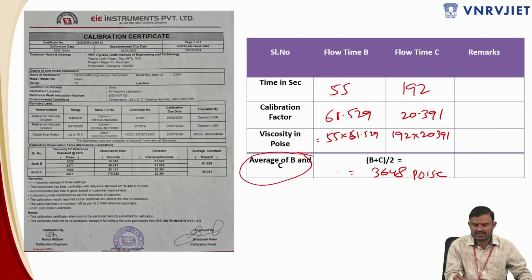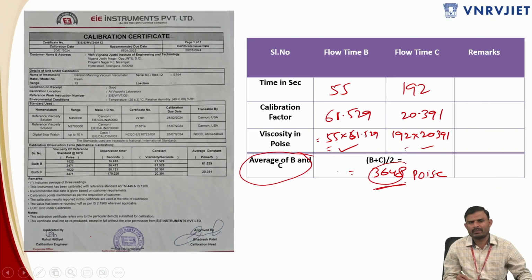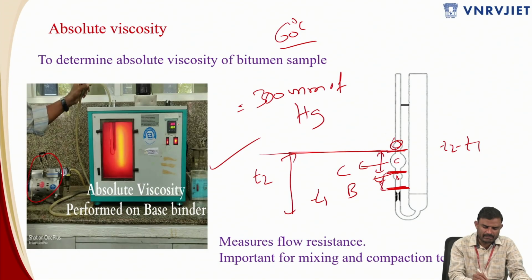So second gets cancelled, and again this value is going to be higher and this value is going to be lower, and you have to take the average value. I've got it to be 3648 poise of the absolute viscosity. Very easy test. The test temperature is nothing but you have to maintain the temperature of 60 degrees centigrade